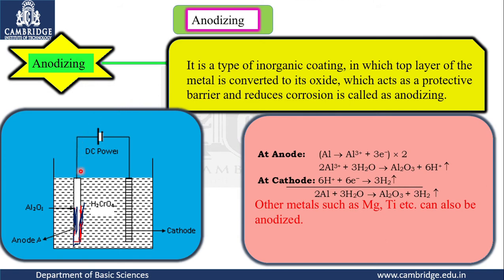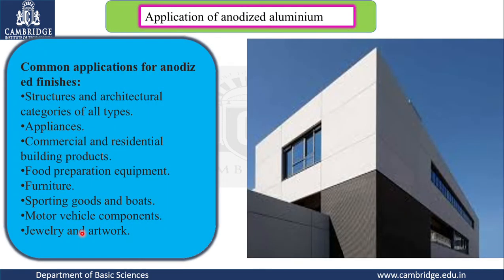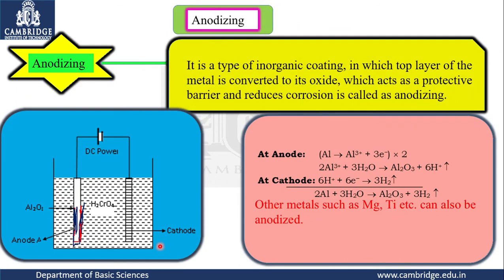Since there is a passage of current, the Al2O3 formed here will have minute pores. To block or close the pores, the article must be immersed in a hot water bath so that the pores get sealed up. Then the article is ready for application or use. So this is called the anodizing process. This technique is also applicable for magnesium, titanium, chromium, etc.